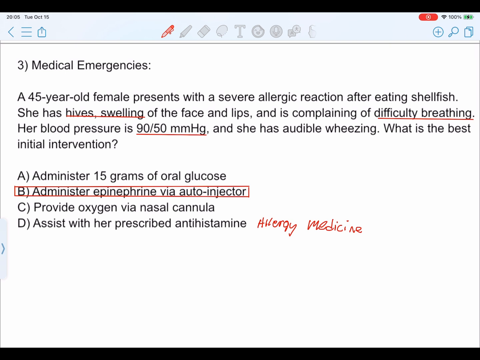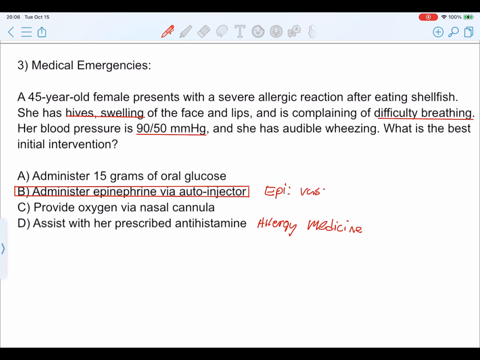But this isn't going to do anything because this isn't just an allergic reaction. This is anaphylactic shock. It's advanced past just a simple allergic reaction. Now she's in anaphylactic shock. She needs something stronger than her prescribed antihistamine. She needs epinephrine, which, for those of you who don't know,